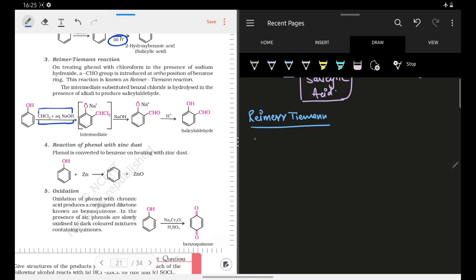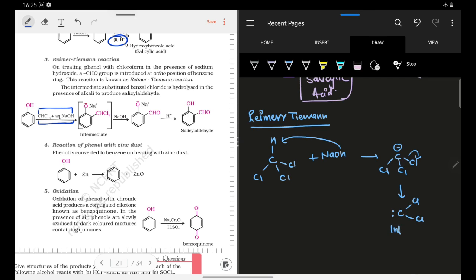Now one of the things you must know is how CHCl3 and NaOH react, okay. So this is CHCl3. When it reacts with KOH, or in fact any base, the OH minus abstracts the proton and it leads to the formation of this carbanion. Once the chloride leaves, it leads to the formation of dichlorocarbene, okay. So this question can be directly asked: what is the intermediate of the Reimer-Tiemann reaction? The intermediate of the Reimer-Tiemann reaction is dichlorocarbene, okay. Here this acts as an intermediate.